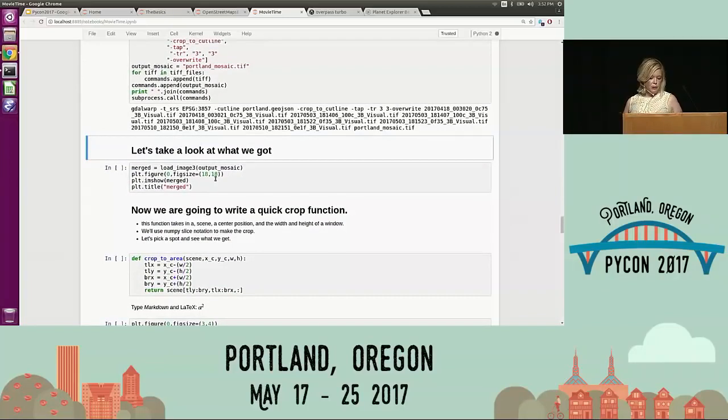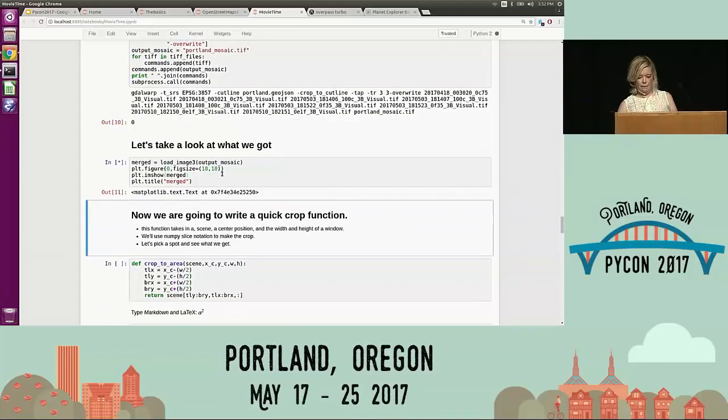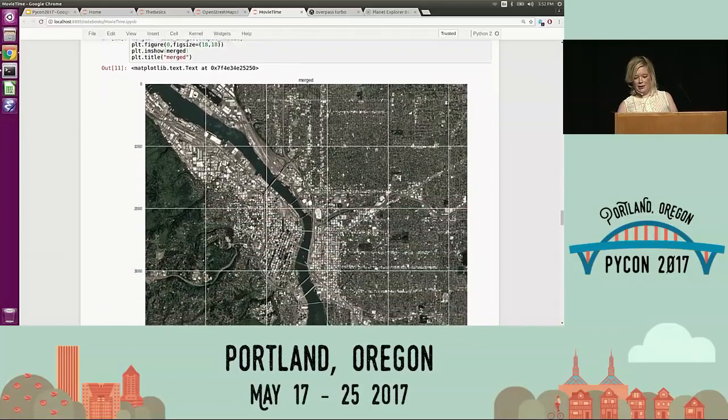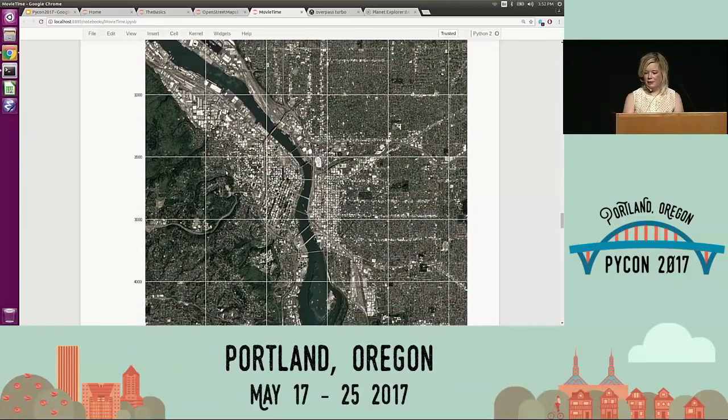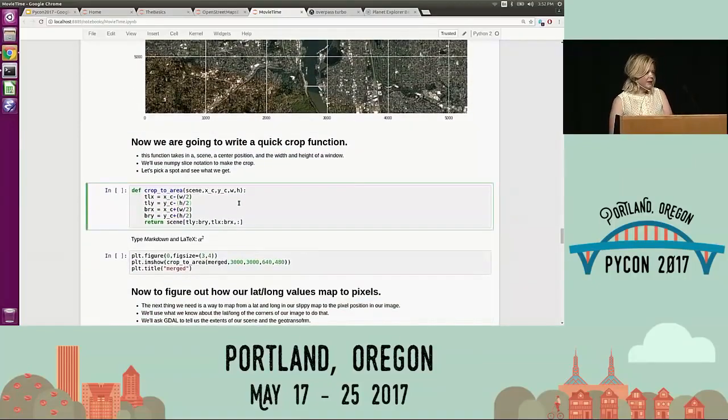And then we're just going to visualize the output. Takes a second. Cool. It's so big it even takes a second to load. So, should we gaze for a second on how beautiful Portland is today? Look at that. Okay, so now, like I said, all we need to do is move this crop window around